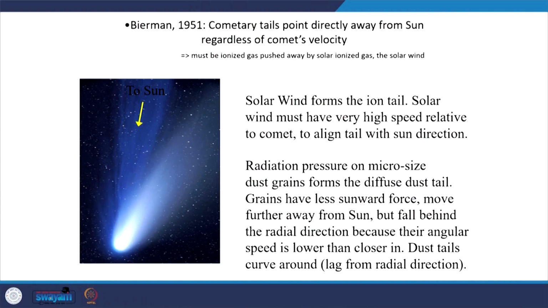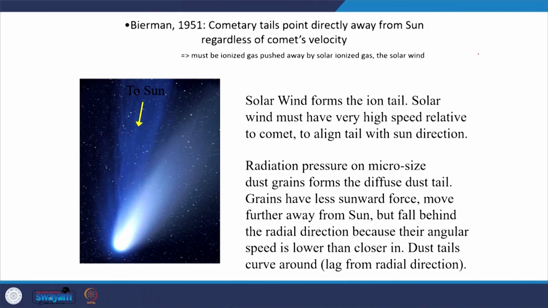The cometary tails always point away from the sun. This is more interesting. Comets are not generally seen every day. Few of them come after a few decades. Their trajectory is such that they become visible after several decades, and that is periodic in nature. Regardless of the comet's direction of velocity, whether it is moving towards the sun or perpendicular to the ecliptic, in any direction, the comet tail always points away from the sun.